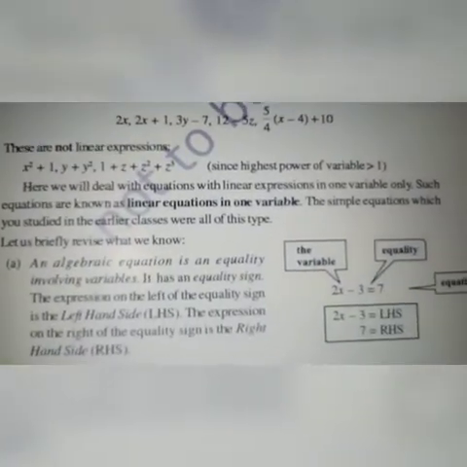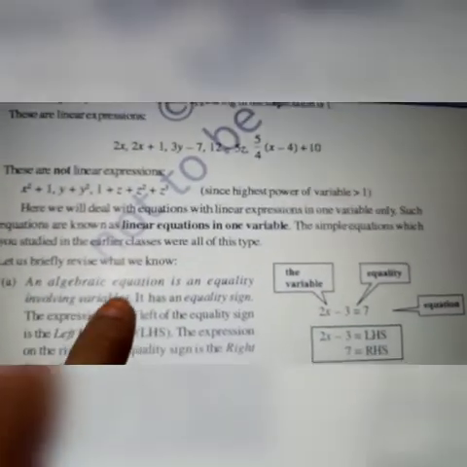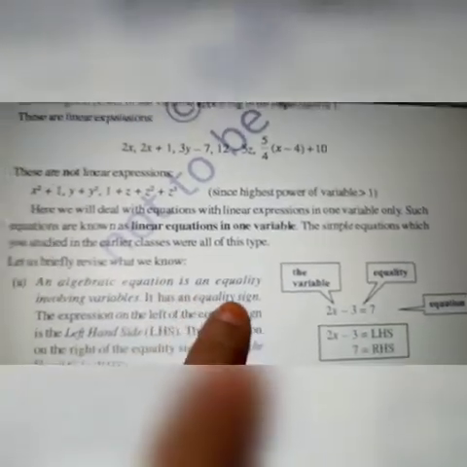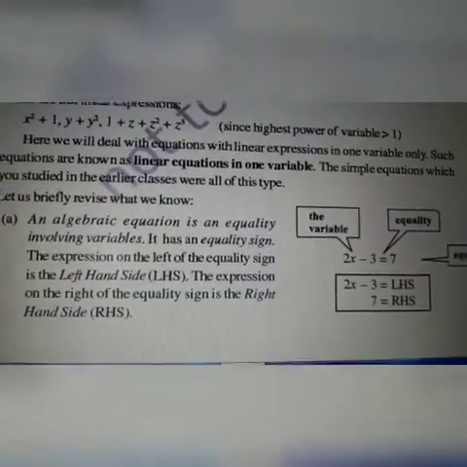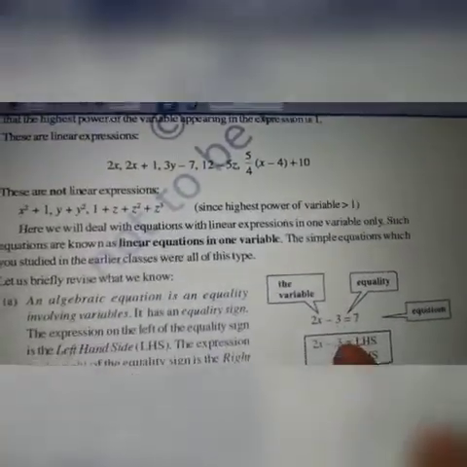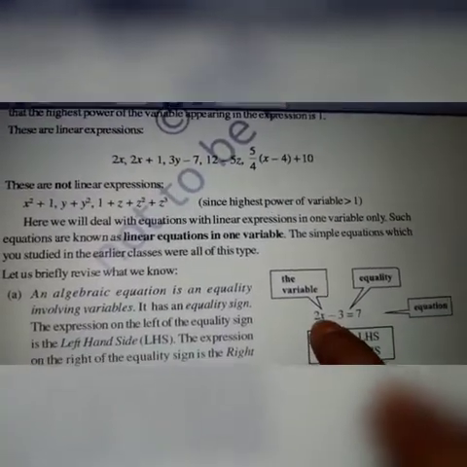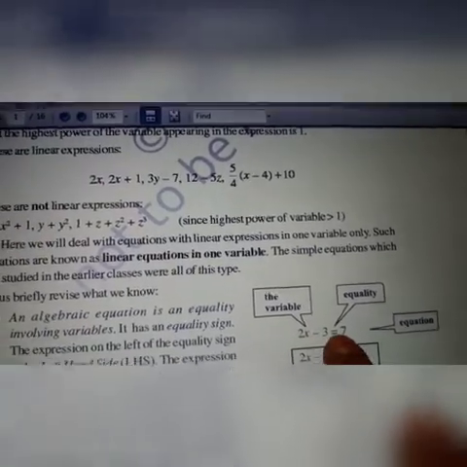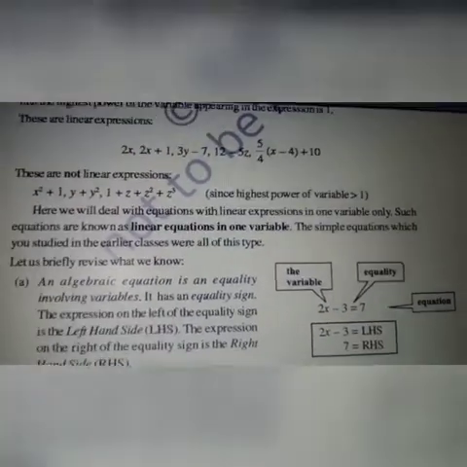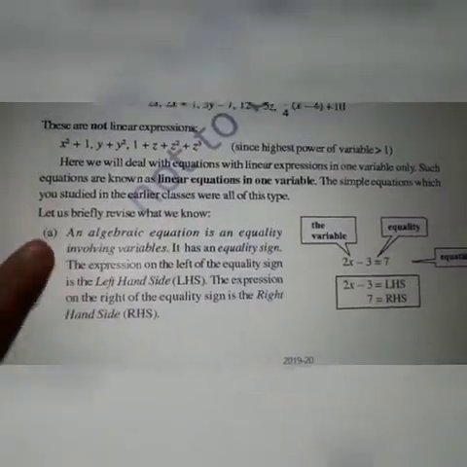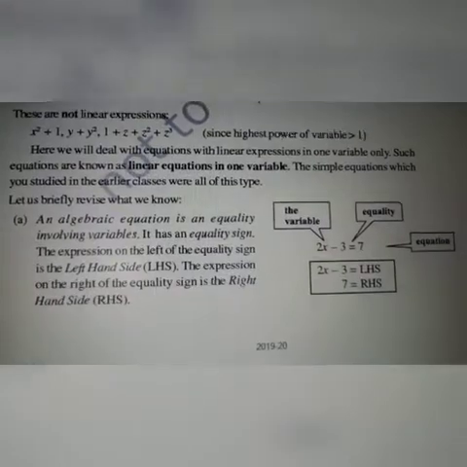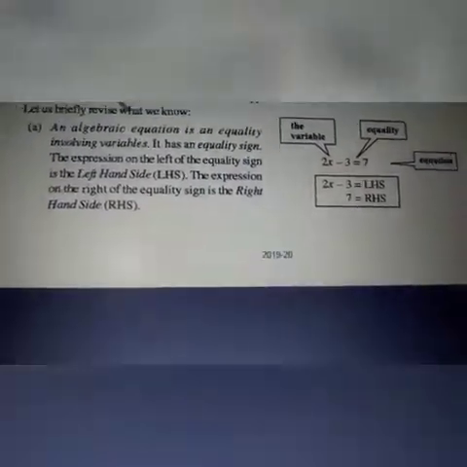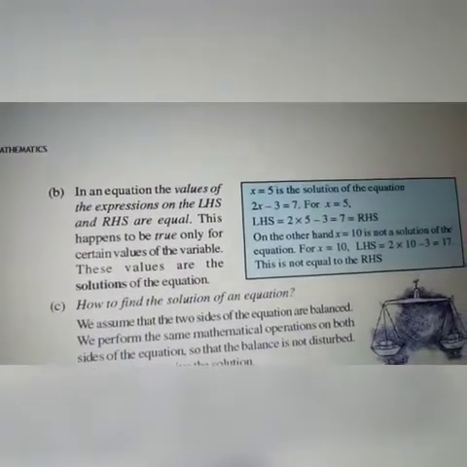Okay, last time I asked you one question. An algebraic equation is an equality. Why am I saying it as equality? It has an equal to sign. See, it is an algebraic expression where it has a variable, constant, operator with an equal to sign. Okay. All this you should learn. This italicized paragraph is there, no? That you should learn.